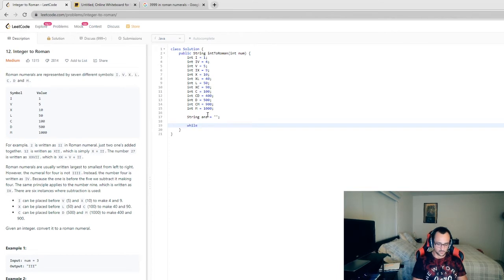And here we have a while loop, and we're going to say while num is greater than 0, and here we say if, we're going to check it against the largest value first. So in this case it would be M. So if num is greater than, or actually greater than or equal to M,